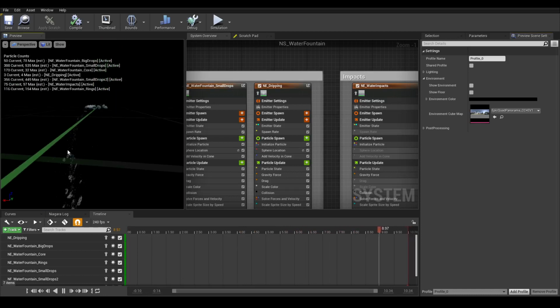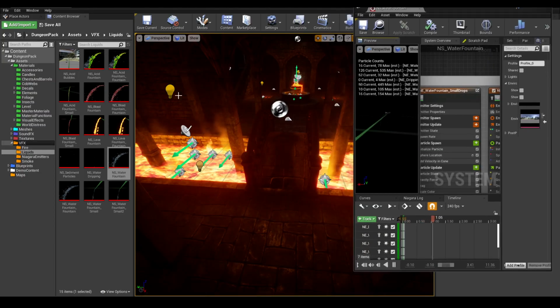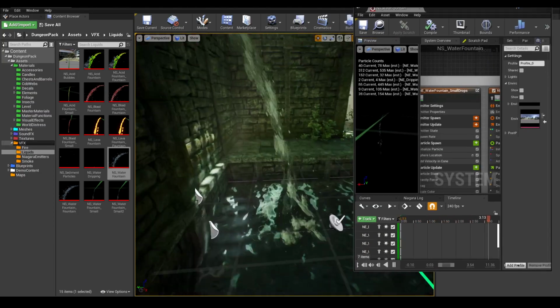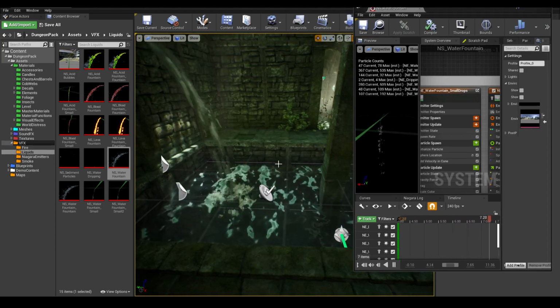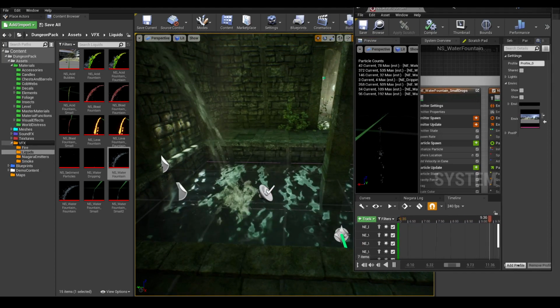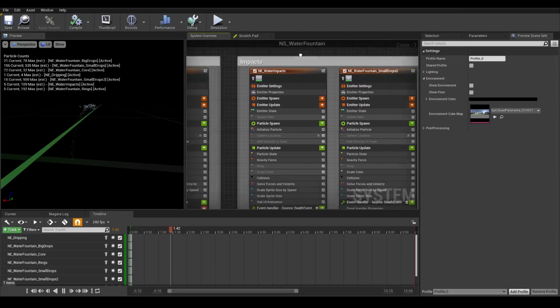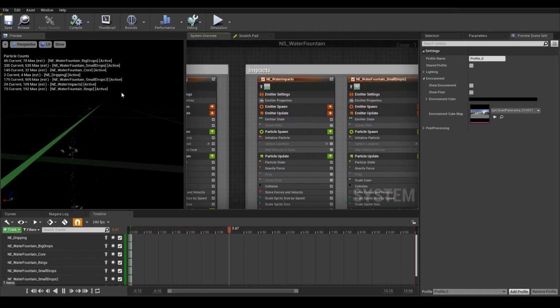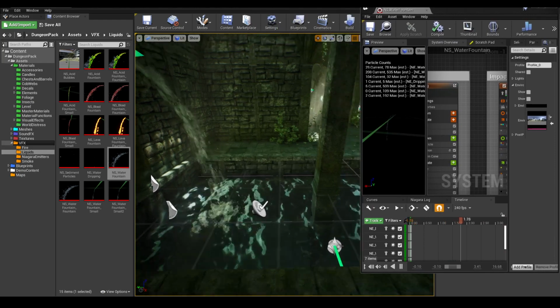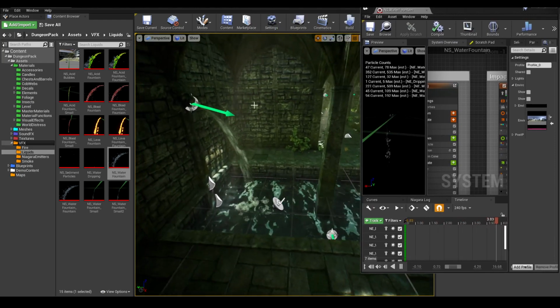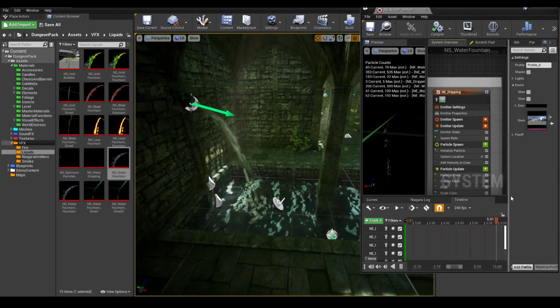Some of it looks bad here, but as you can see in game, it looks fantastic. It looks like it's hitting the water. So I separated them into the mainstream and the impacts. It looks kind of weird in the actual viewer, so you may want to just import it into your scene and then mess with the settings